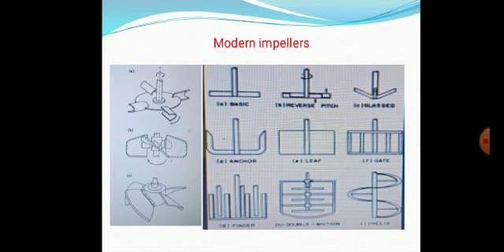Here in this diagram, these are modern impellers. So what I showed you in the previous slide was the standard four types of impellers. These are called modern impellers. You can see different shapes are there, and different names are given for them. On the left hand side you can see A, B, C. A is the Scaba agitator, we call it, B is called the Lightnin agitator, and C is called the Prochem T agitator. It is based on the company that designed it and is using it.